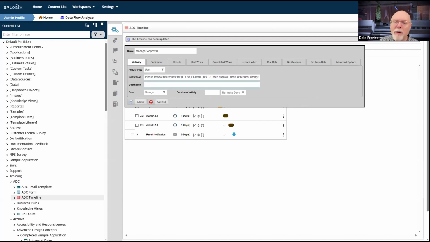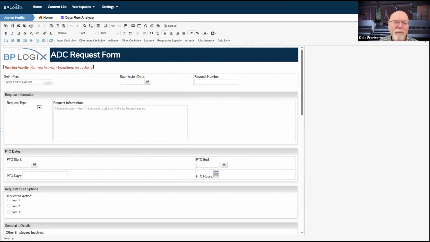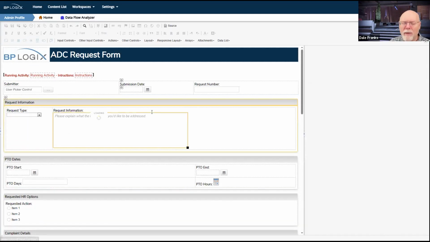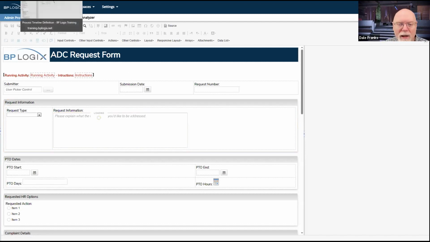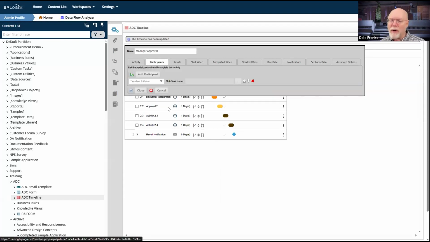Oh, and by the way, while we're talking about the instructions, let me go back up here to my form. I actually think that the way the form shows up, I do want to have a blank line there. We'll see how that looks later on whenever we run the form, but I'm just going to go ahead and save. It is kind of convenient to have the form open at the same time, isn't it? Okay, fine. So participants.